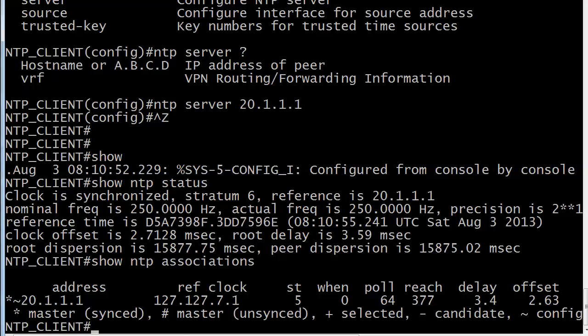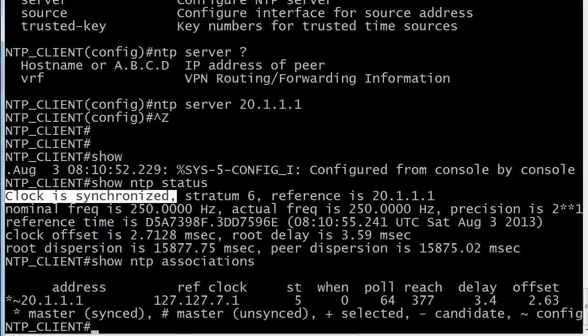You'll notice the stratum here is 6. And what do we configure the other one as? What do we configure our master as? A 5. There's a reference. So the reference, when it mentions this, of course, that is the IP address of the master clock for this particular device. And you can see the time right here, the reference time. We're certainly not going to get into clock offsets, root dispersions, that kind of thing. But I do want you to know that NTP status command